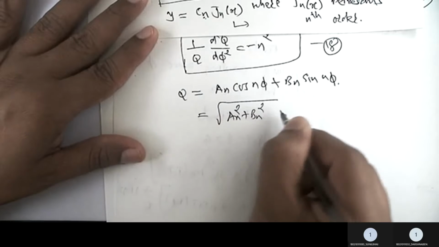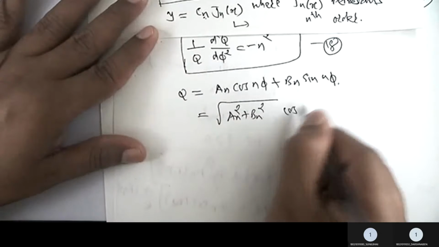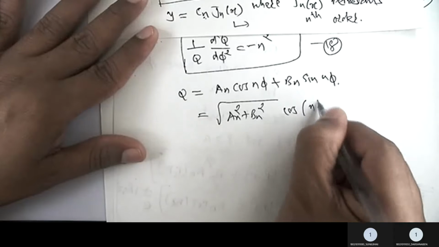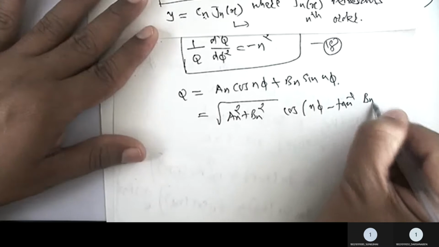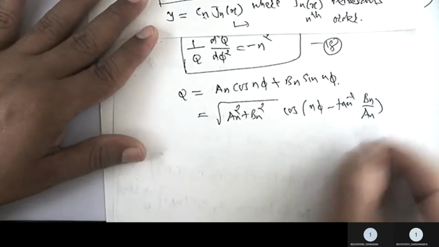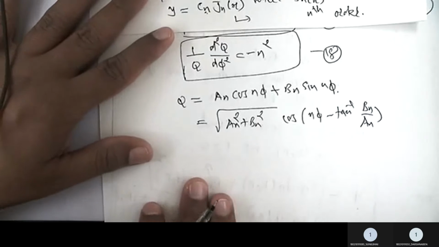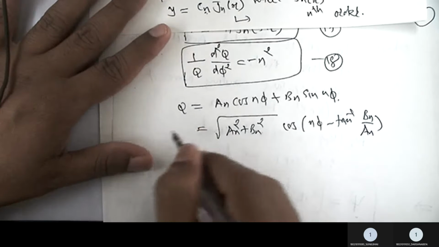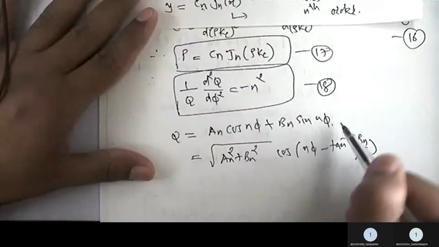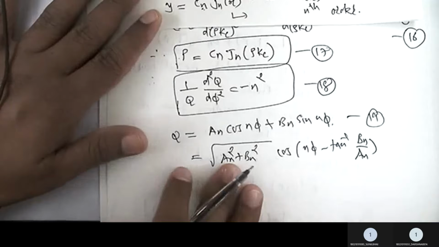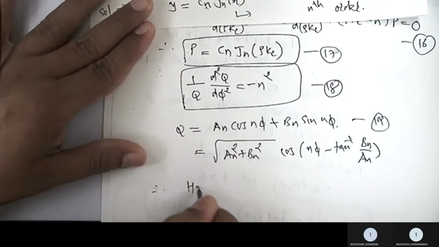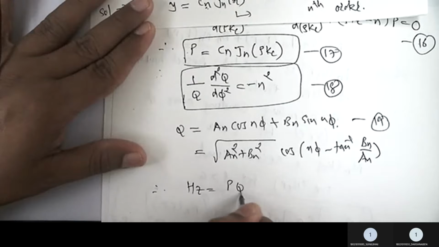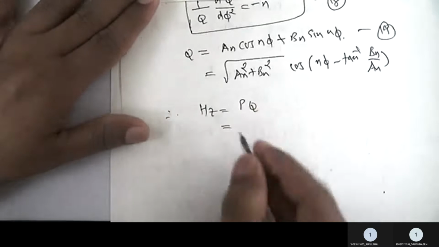So a_n square plus b_n square, square root, and cos(nφ minus tan inverse of b_n by a_n). So what does it mean? It means that now we have the solution of this P function and Q function too. So ultimately our objective was to find out the H of z. So H of z was nothing but P multiplied by Q, and we know that now it is nothing